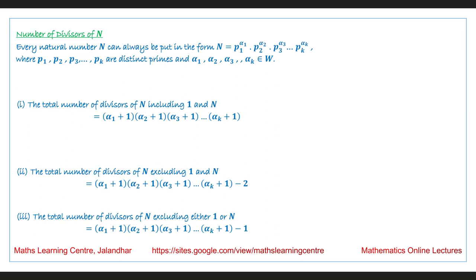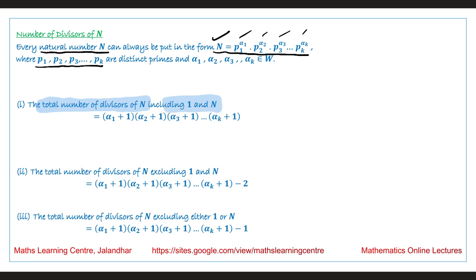The first result we have is that every natural number n can always be put in this form, where p1, p2, p3, ..., pk are distinct primes and alpha 1, alpha 2, ..., alpha k are whole numbers. So we are saying that every natural number can be written as the product of prime powers. The total number of divisors of n, including 1 and n,